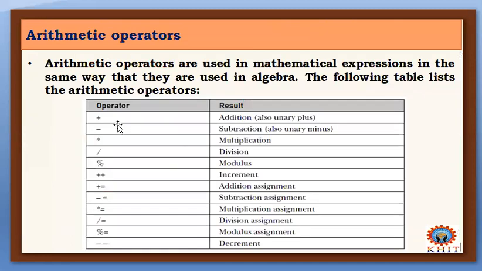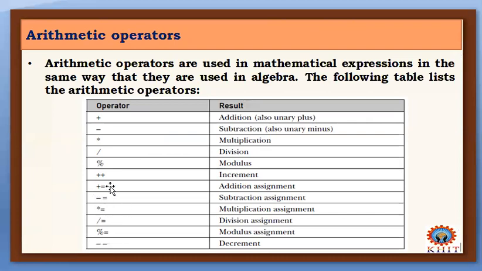Next we have the arithmetic operators. So we have all these arithmetic operators. Plus for addition, minus for subtraction, multiplication, division, modulus, increment and decrement operators. Then compound assignment operators, that is plus equal to, minus equal to.